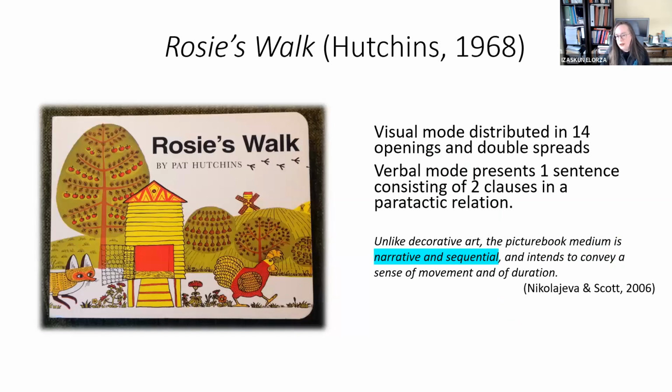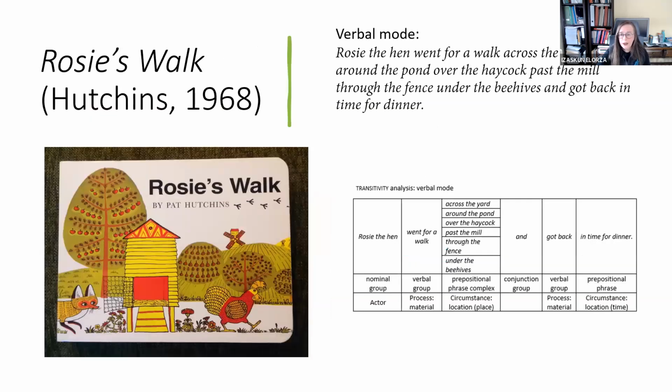One of the things that we can say about picture books as well is that they are narrative and sequential. This also has a repercussion or a consequence when we're attempting to analyze characters in them. And I would like to rely on this one, which is this little story. It is a very nice book for very young readers. And we are going to see how the verbal resources and the visual ones intertwine. So first of all, we are going to focus on the verbal content in the story.